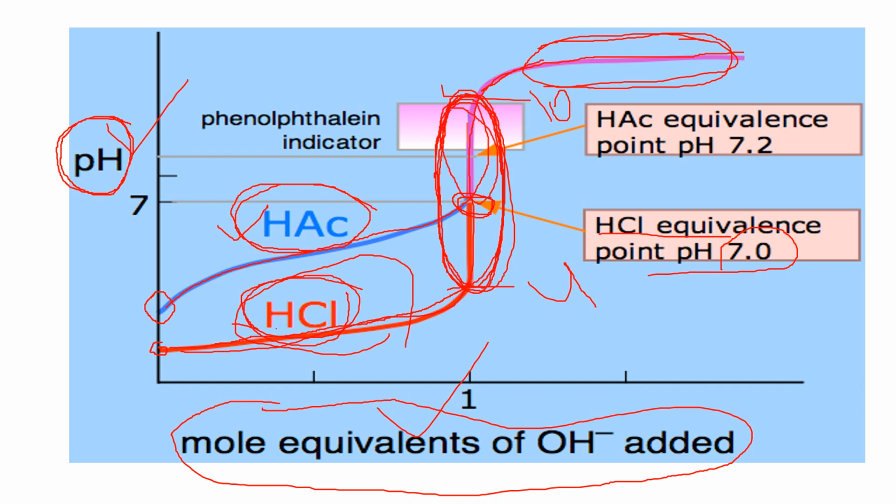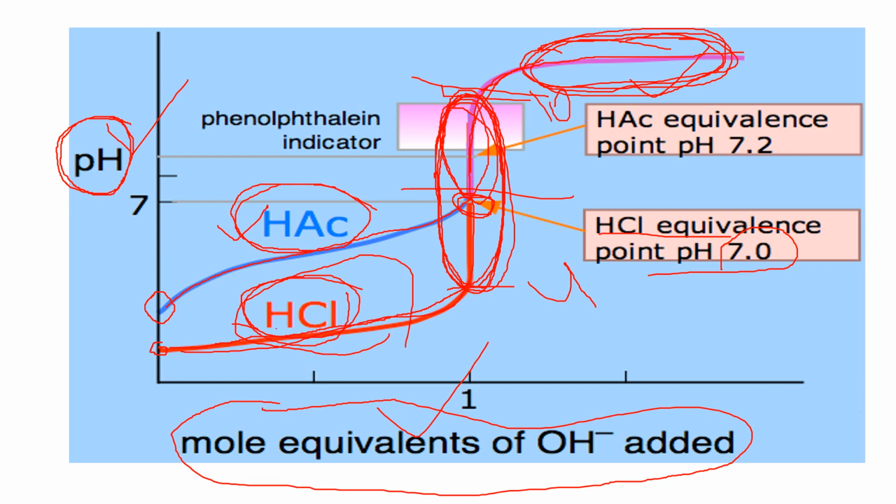So after the completion of the equivalence point, only base is present in the conical flask, so the pH of that solution will become constant. So it is the pH range of the strong base which is added from the burette in case of weak acid and strong base titration, right? So this is the range, right? So this is